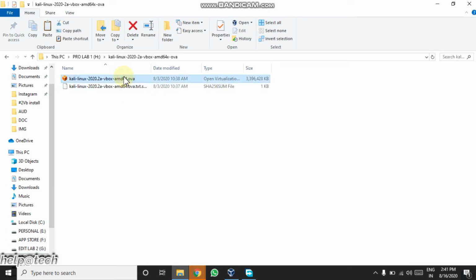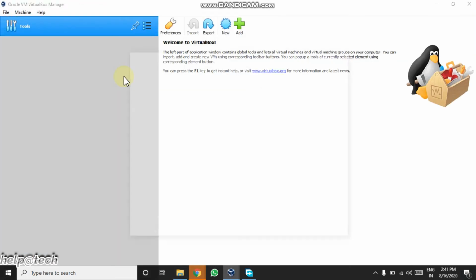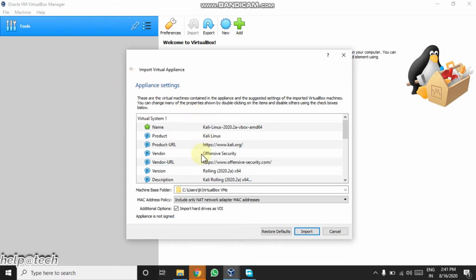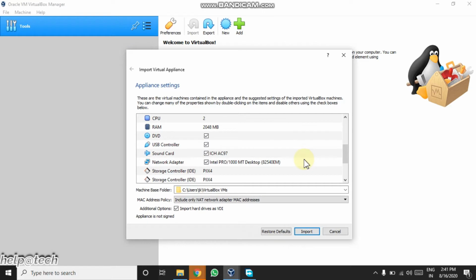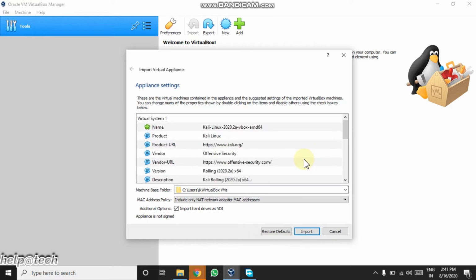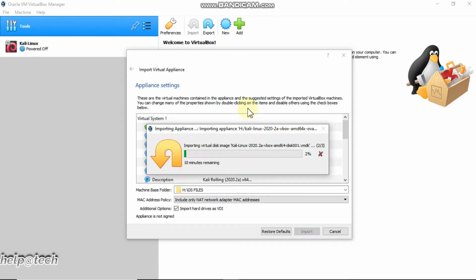Just double-click on the downloaded .ova file. It will automatically call VirtualBox, and installation begins. Keep the default settings and click on Import. It will take some time to complete the process.